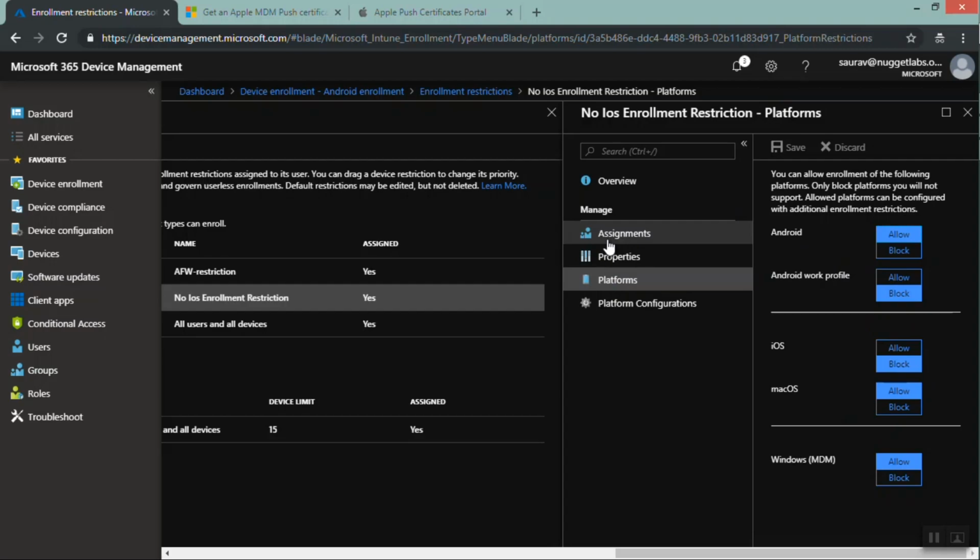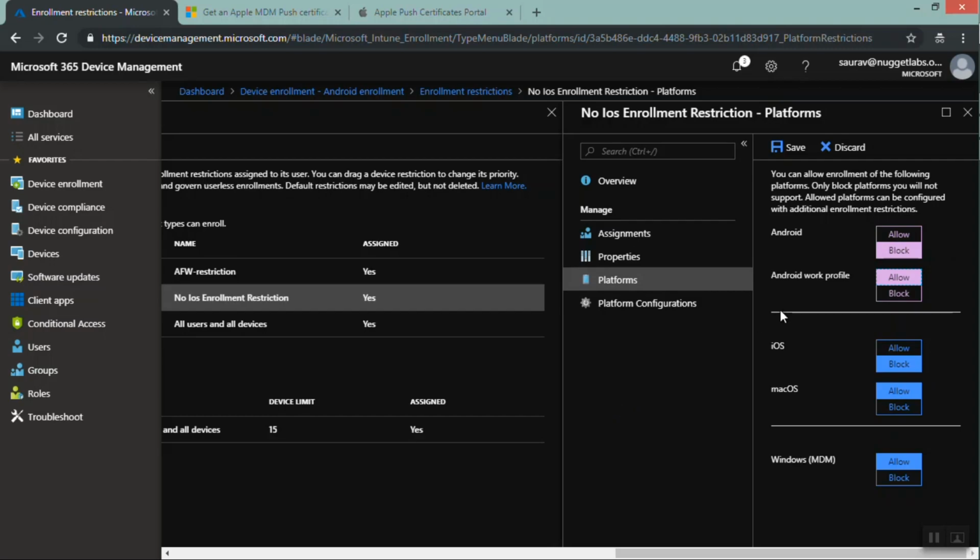We need to set up a device restriction policy for them. So we will be creating two groups. In the first restriction, click on allow Android and block Android for work, and assign it to the first group. And for the second one, we will click on block Android and allow Android for work, and then assign it